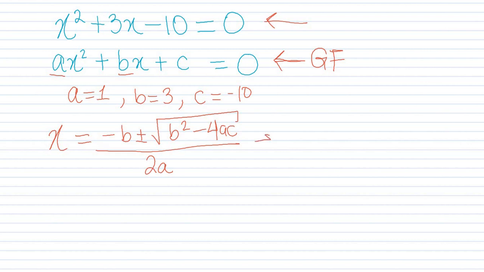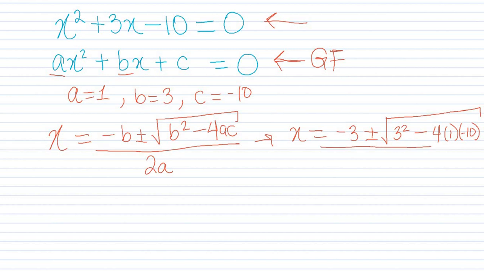So you have x equals, so we're just going to substitute the value. So negative 3 for b, right? Plus or minus the square root b squared, so that's 3 squared, minus 4, that's 4ac, so 4 times 1 times negative 10, divided by 2a, that's just 2 times 1. So x equals negative 3 plus or minus